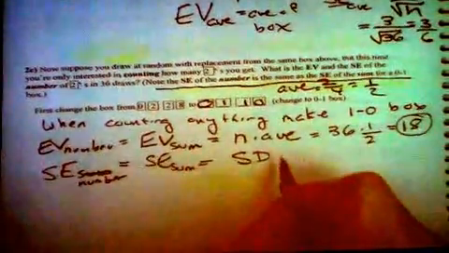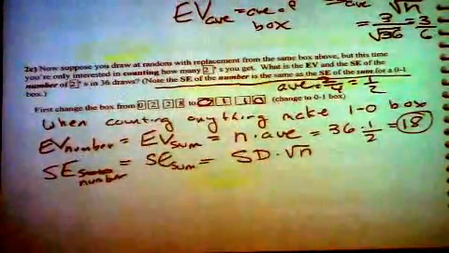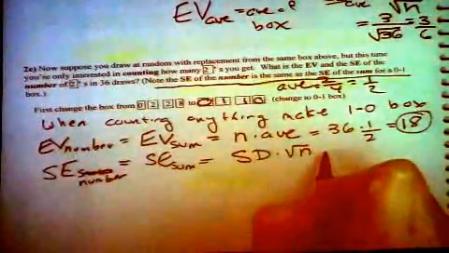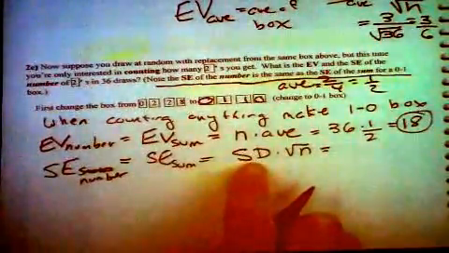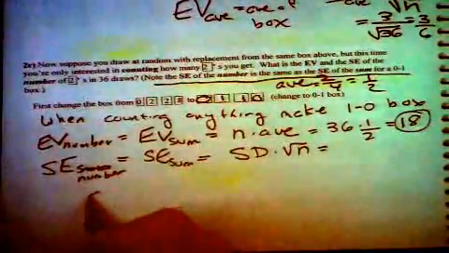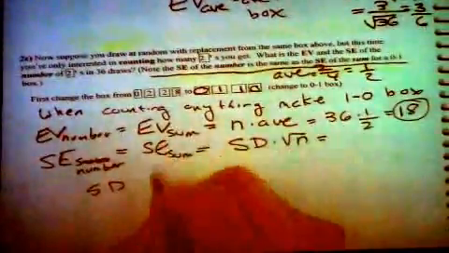Multiply. I'll just put it on this side for a change. Okay, so you multiply by the square root of n. So, what is the standard deviation of this box? Well, the standard deviation of the box